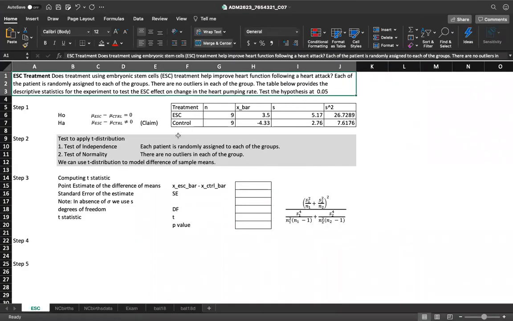Let's look at the first problem. Here we are looking at a group of patients who had a heart attack. And we want to compare the two different types of treatment. One is the conventional treatment, which we call the control group, and the other is the embryonic stem cell treatment, which is the treatment of our interest. And we want to see whether, when the patients who had a heart attack were administered each of these treatments, the change in the heart pumping rate because of this new treatment was statistically different from the control group